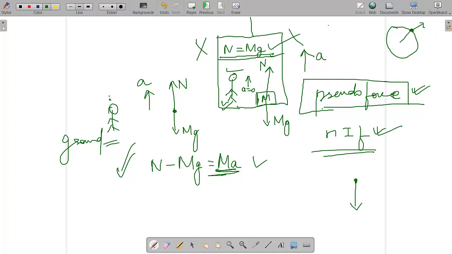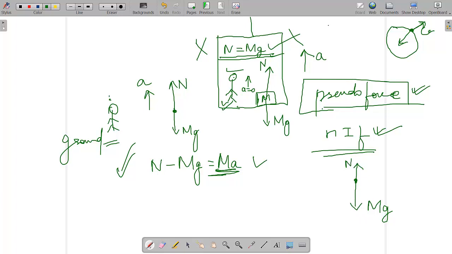This is called the centrifugal force. Okay, since we know that the acceleration in a circular motion is towards the center, we apply it in the opposite direction. That is the pseudo force. That pseudo force is called the centrifugal force. Okay, just don't worry about that. Just see this. So the person in the elevator applies Newton's laws again. What he will do is he will apply the same kind of forces.